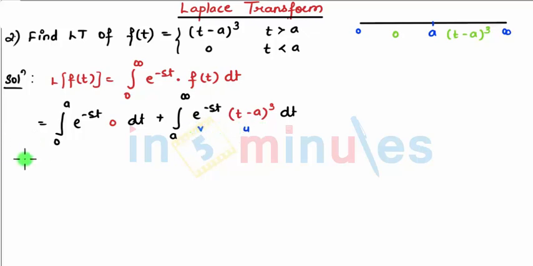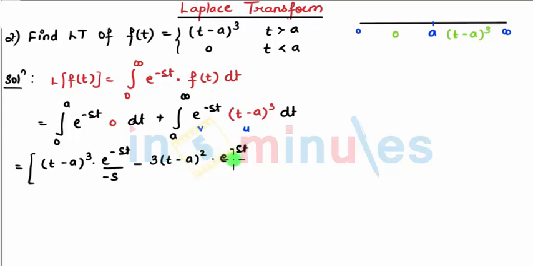So I start with u into v, that gives t minus a the whole cube e raised to minus st divided by minus s, minus 3 into t minus a the whole square e raised to minus st divided by s square, plus 6 into t minus a e raised to minus st divided by minus s cube,